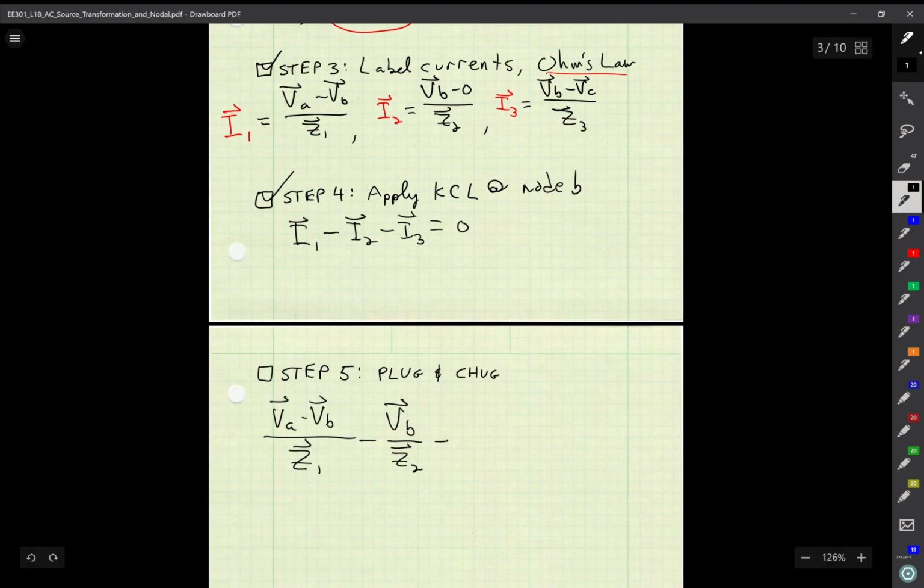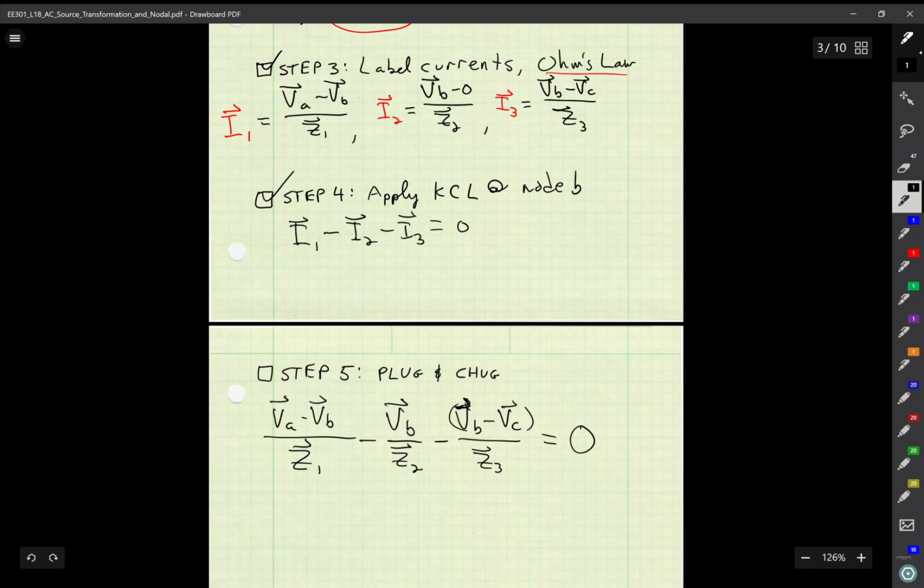And I'm also going to subtract I3, which is VB minus VC, I'm going to put parentheses around that just to show you, divided by Z3. Notice here I'm very meticulous about the arrows, indicating that they're all phasors. I'm just plugging it in between those two steps 3 and 4,